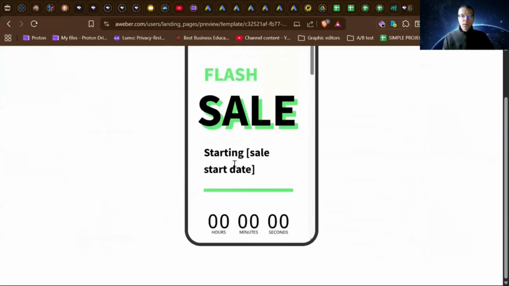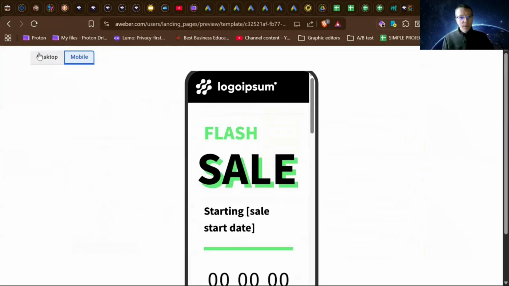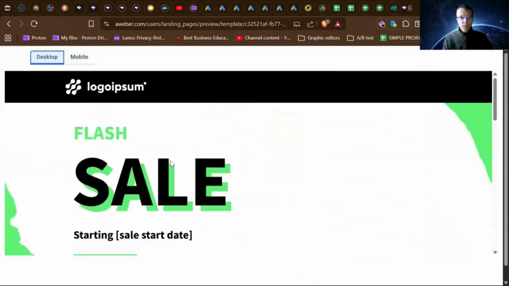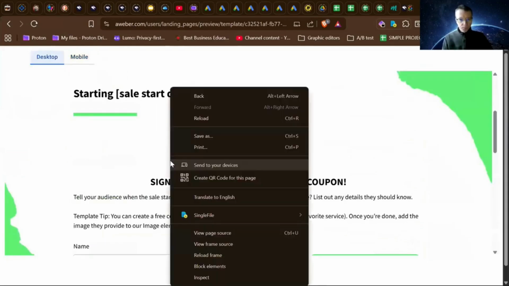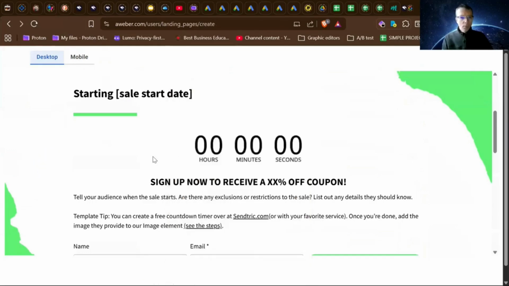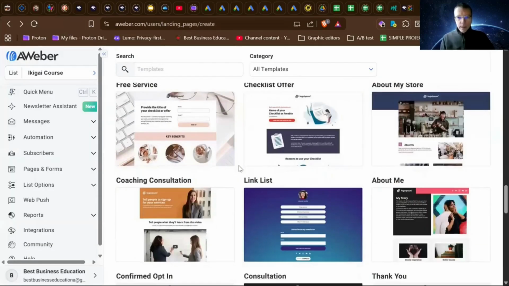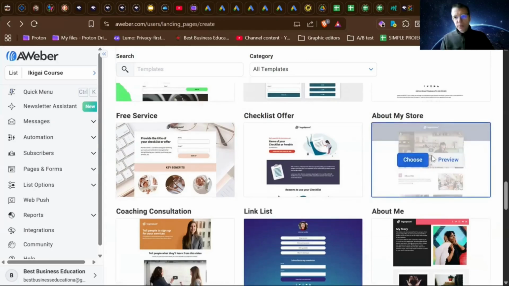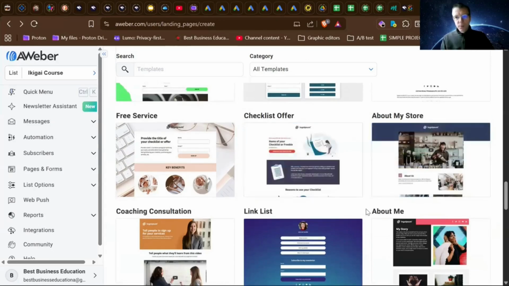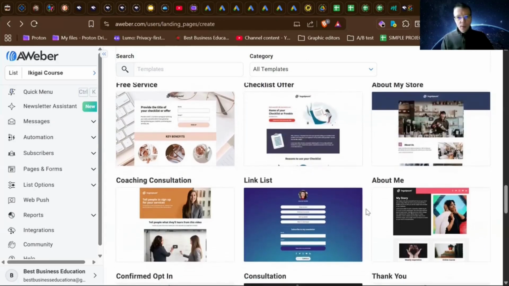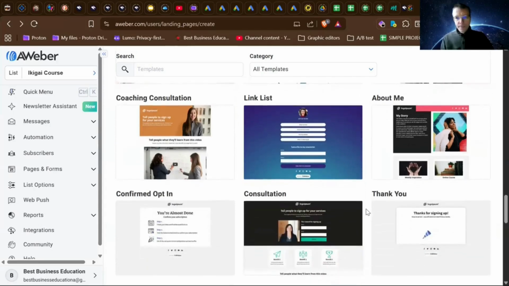Nowadays, most people will see your pages on mobile, so this is important. And they work perfectly on mobile. So you have pages with video element, with